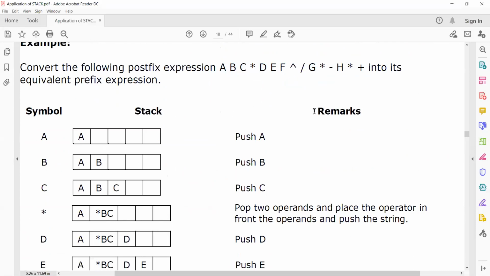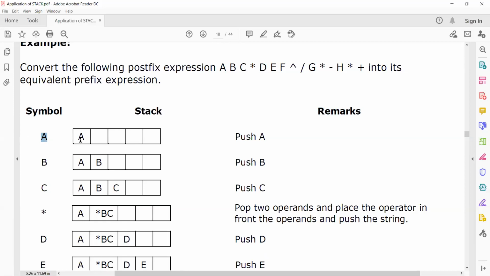In this conversion you can write the remarks. I told you for the previous 2 conversions that there was no need for remarks, but in this conversion you can write them. What is the first symbol you are scanning? A. A is an operand. Just push it into the stack according to the algorithm.